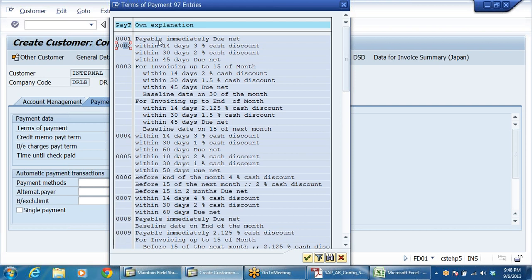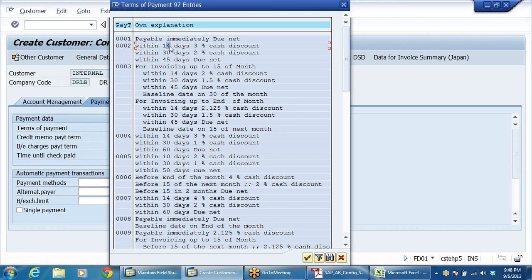This means we are going to make sales with a 45 day credit period. Though I am giving him 45 days, what we tell the system is that in order to attract the customer to pay early, we tell him: I am giving you 45 days credit, but